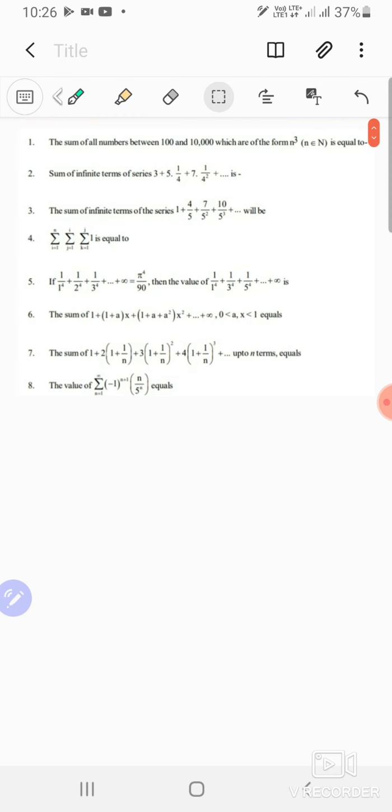Okay, so the next question is the sum of infinite terms of the series 1 plus 4 by 5 plus 7 by 5 squared plus 10 by 5 cubed. So you got a difference of 3 this time. So once again, just going to use the same strategy. You got s equals 1 plus 4 into 1 by 5 plus 7 into 1 by 5 squared, keeps going like that. So 1 by 5 s,